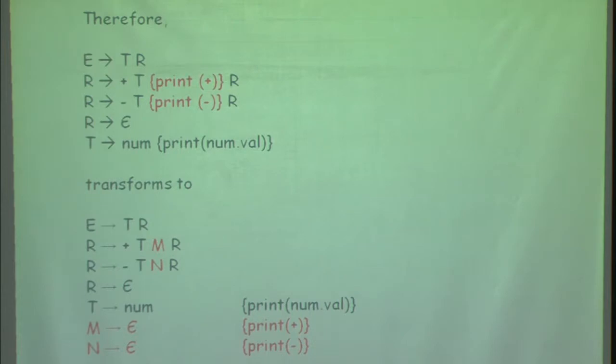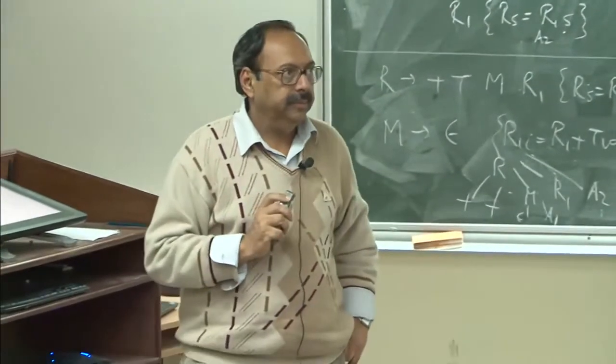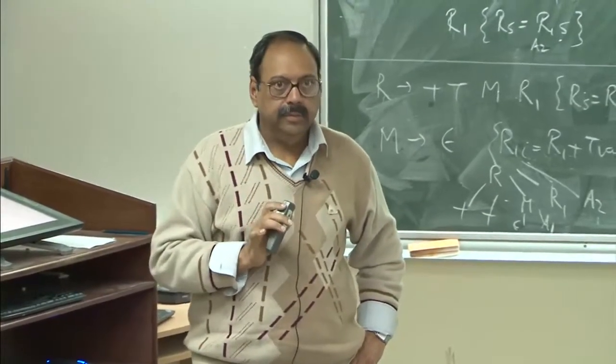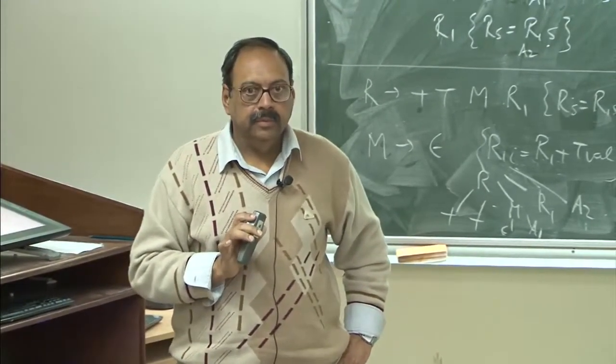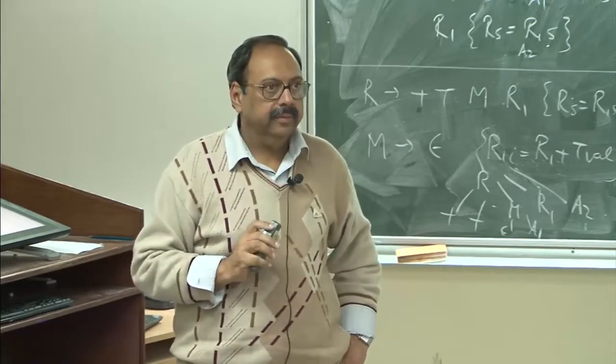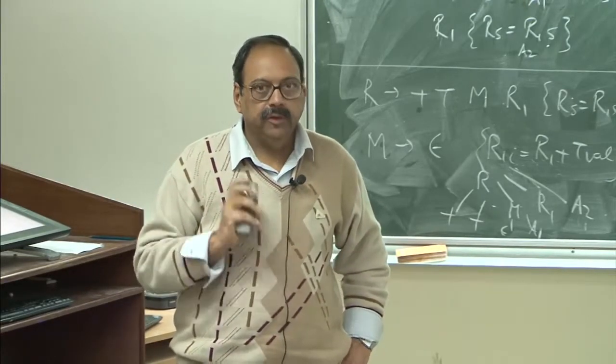It's clear? Okay. So, at least the first step, prima facie, is that if somehow I can remove all the embedded actions and move them to the rightmost position, then I can get grammars by introduction of new non terminals where all the actions occur only at the rightmost position, and therefore, they look like synthesized attributes only, and therefore, I can use a bottom up parser to evaluate this, but I still have to generalize it. Is this part clear to everyone?